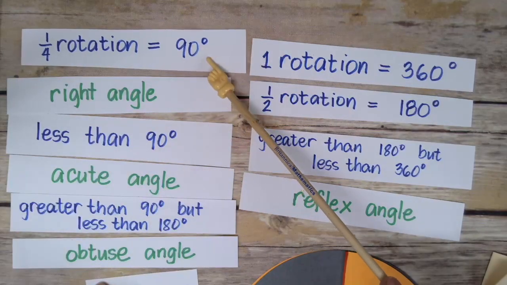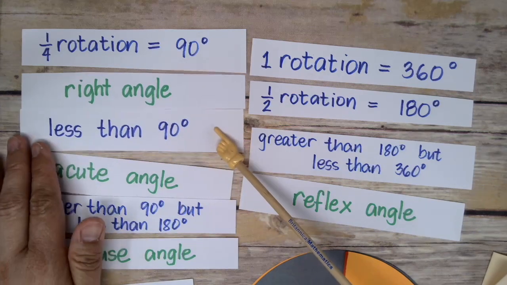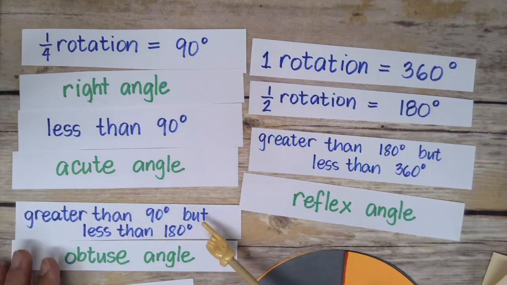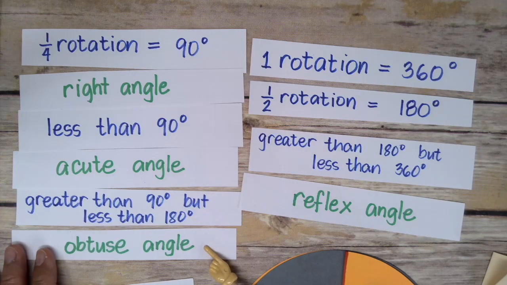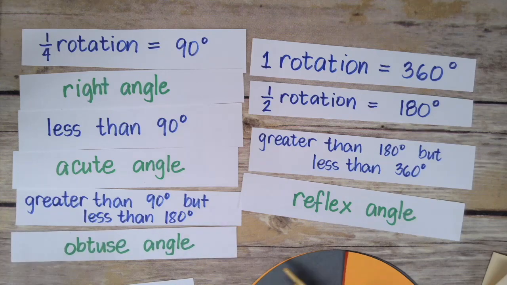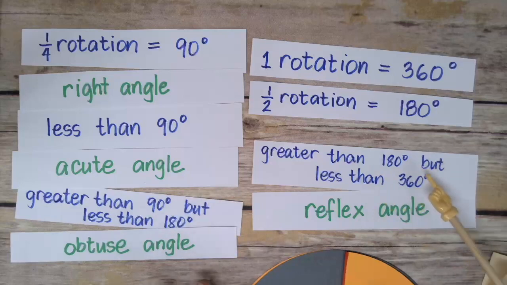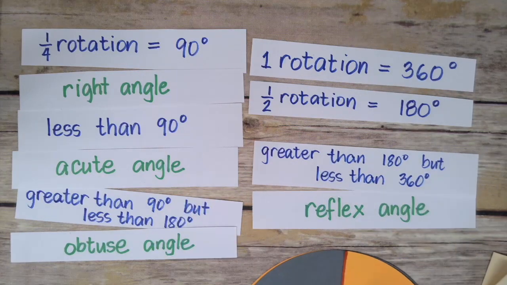Then that angle is what you call a right angle. But if the angle measures less than 90 degrees, we call that an acute angle. And an angle that's greater than 90 degrees but less than 180 degrees is called an obtuse angle. And of course, an angle greater than 180 degrees but less than 360 degrees is what we call a reflex angle. And we will be discussing more about